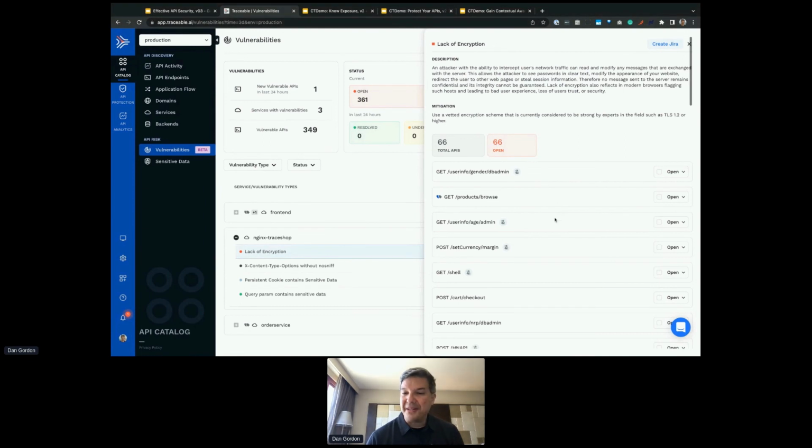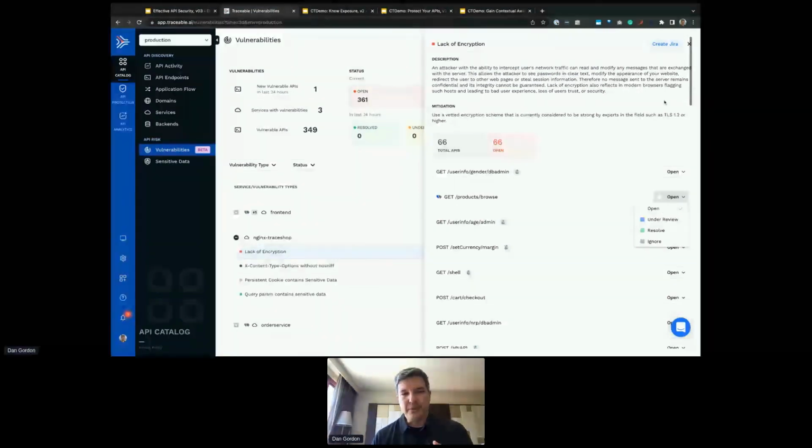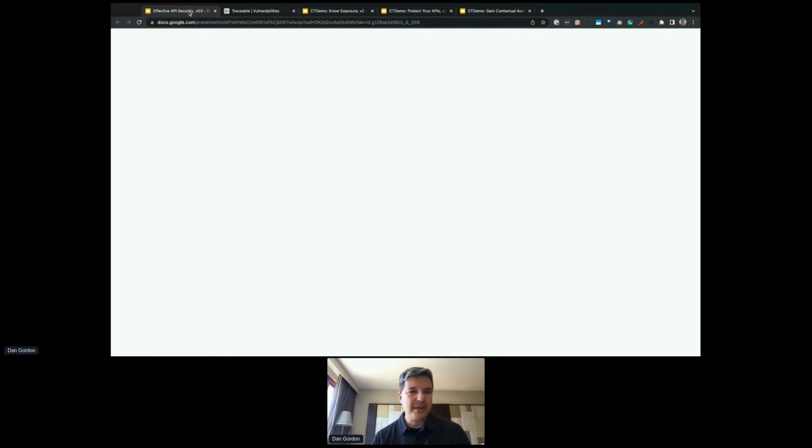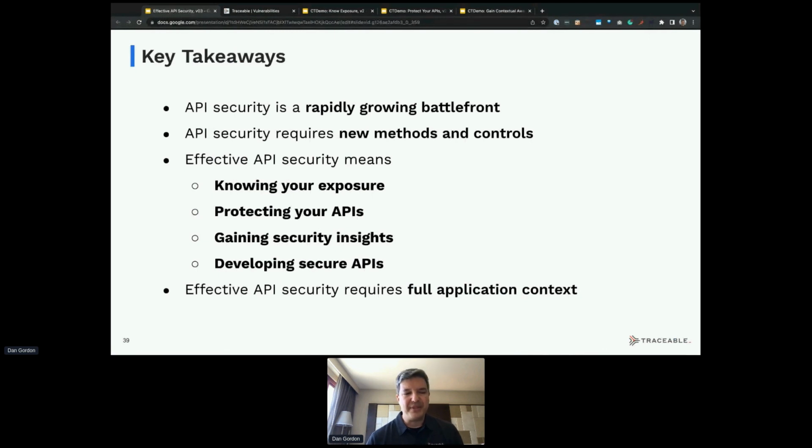I'm going to work on this, but I probably want to track each one and figure out where I'm at with each. I could do it here, or I can export it to Jira up here in the top right. So this will help with the process of securing those APIs and making sure our system is more watertight, if you will. So let's go back and kind of wrap this up.